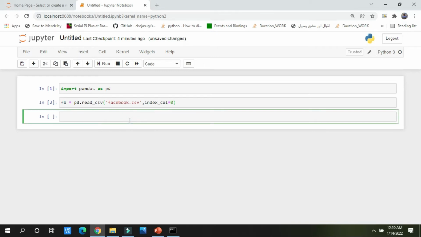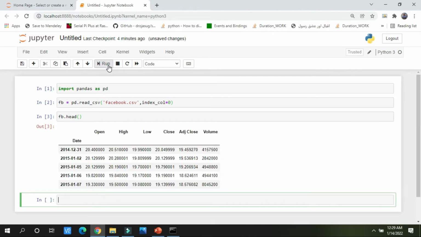Now first of all, I will see the first 5 rows of this Excel file. So I am writing fb.head and empty brackets. Now I will press the run button. You can see the first 5 rows of this Excel file are in front of us.